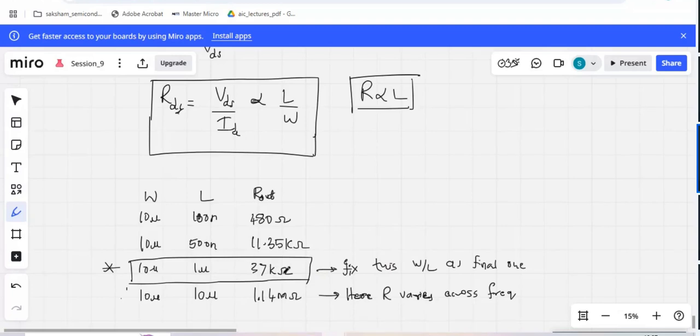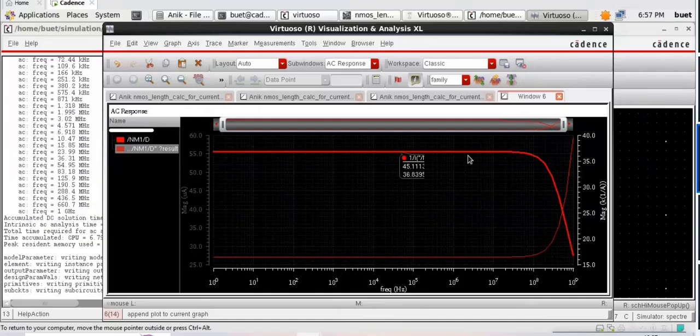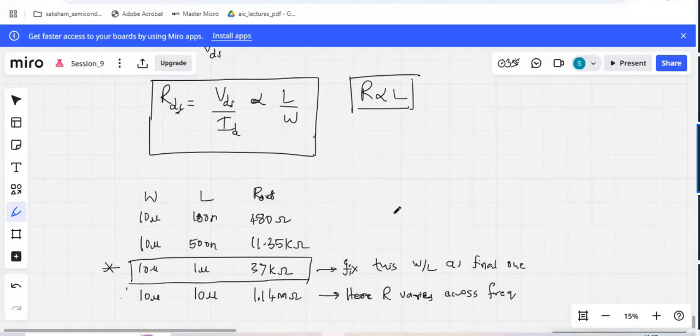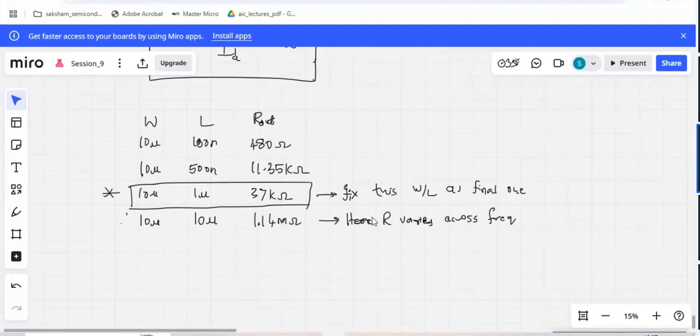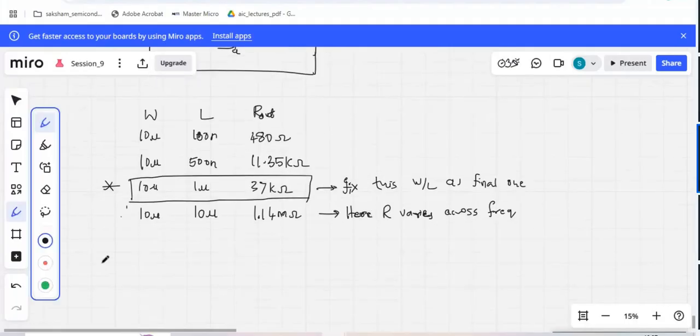Now, this is not the final. You can also go ahead and fix W as 1 micro, and you can keep on varying L. And you can see for a particular value of W by L, my graph would look something like this. It should be giving you a constant resistance across the frequency. You can fix that, and I can make a note over here. I'll just give you the hint over here. So as an assignment,